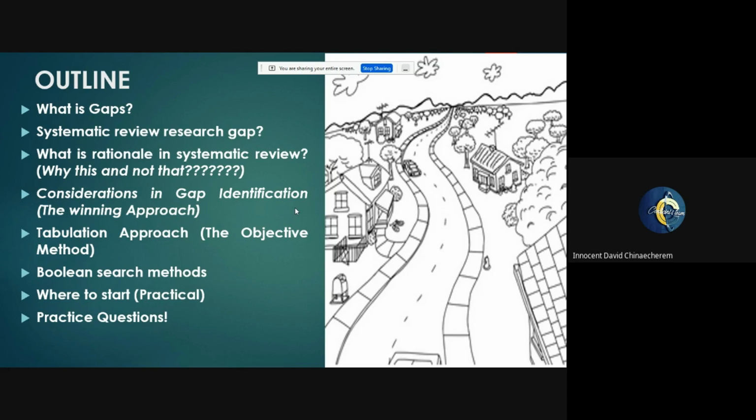And now I'm going to use what I call the tabulation approach, where I'm going to clearly explain in detail how you can identify gaps, because most times as researchers, we find it very difficult to identify gaps in literature. What is a gap in literature is that you look at a research question, and upon staring at that research question, you're seeing 21,000 things that have not been done. That is a gap in literature.